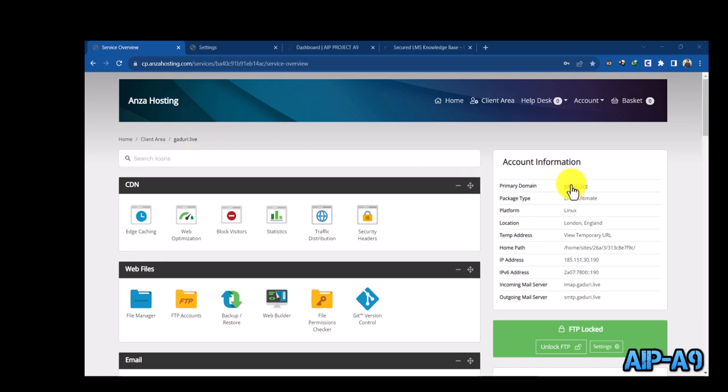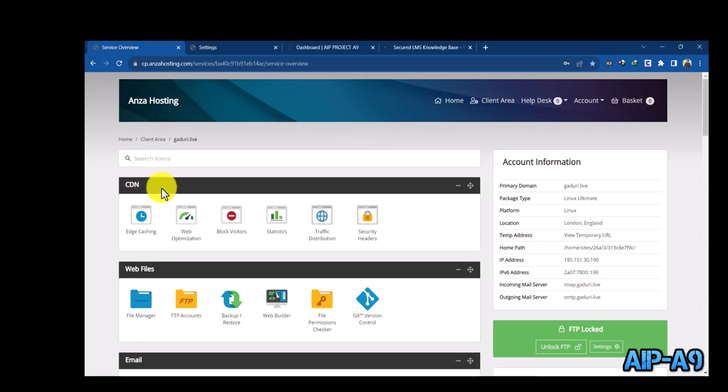So basically this is our hosting, where we hosted our web application. This is called platform as a service. For indication, our primary domain is Jayaduri, and we are hosting it on a Linux server, on a shared hosting plan. Here are the IP address, the incoming mail server and the outgoing mail server. To increase the performance of our website, we have deployed